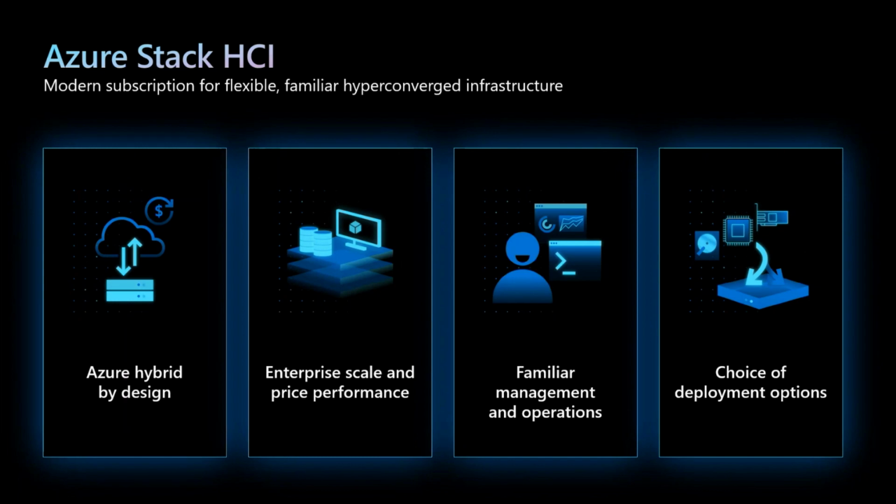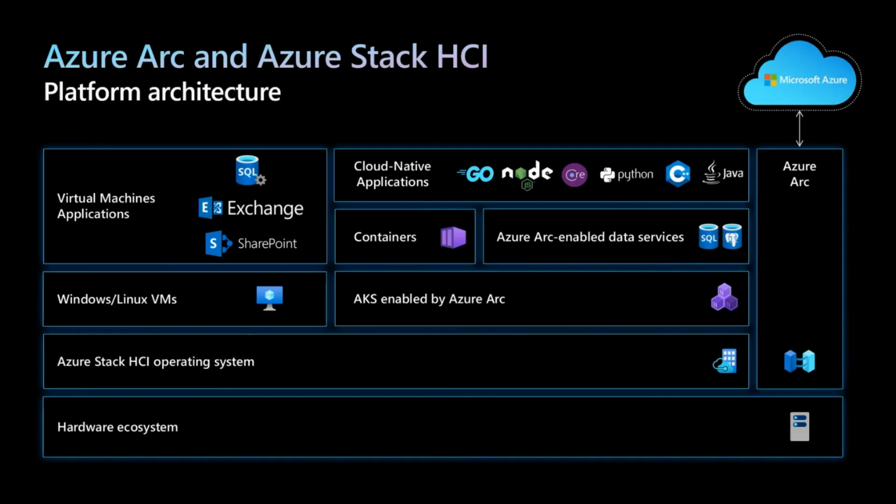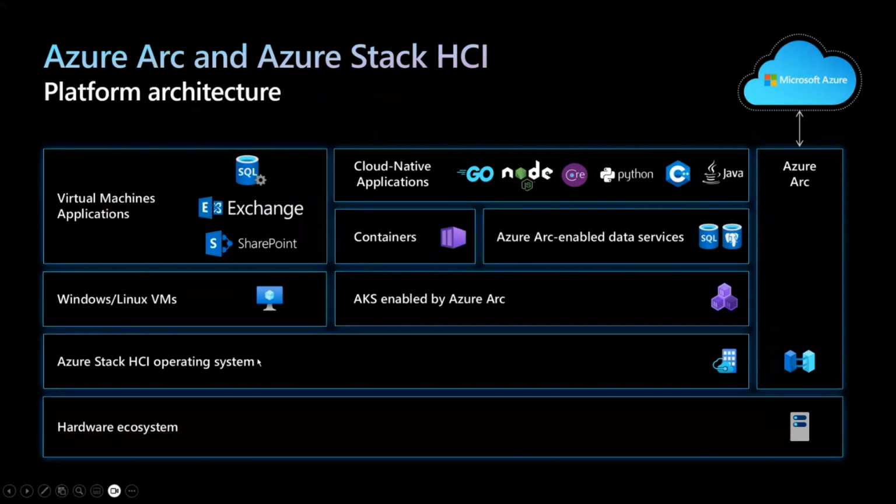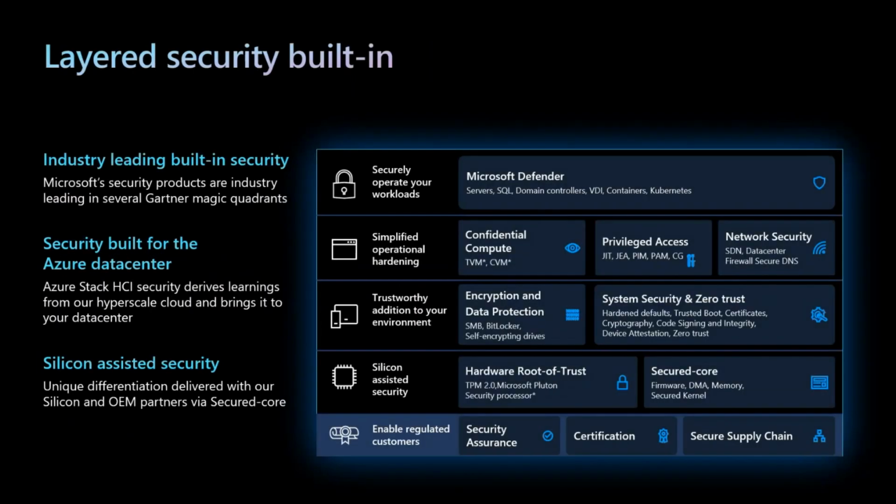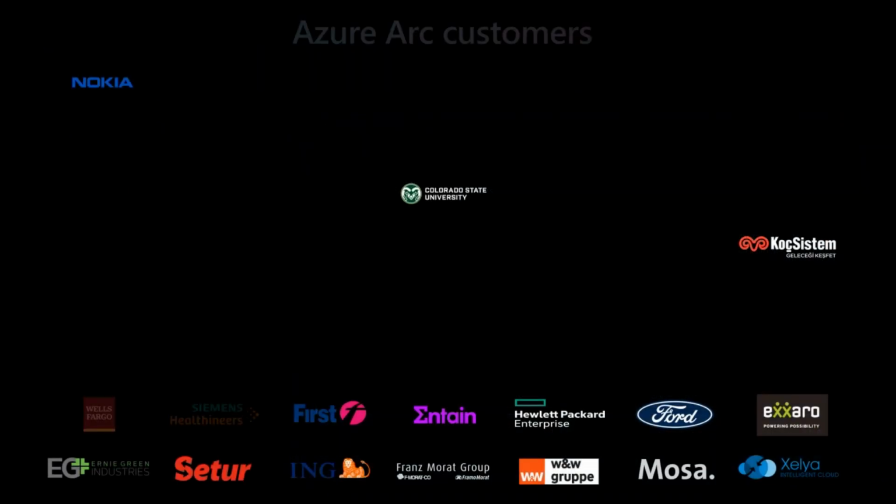And on top of Azure Stack HCI, let me see if I have this diagram. On top of the hardware that you purchase, the Azure Stack HCI operating system runs, which has built-in Azure Arc integration, which connects to Azure. And on top of that, you can have Windows or Linux workloads or even AKS itself deployed. And on top of that, you can run your workloads. So these are the capabilities, along with a bunch of security things. I know we already mentioned Defender, and there's just-in-time access, firewall, and other capabilities that come out of integrating your on-premises workload with Arc.